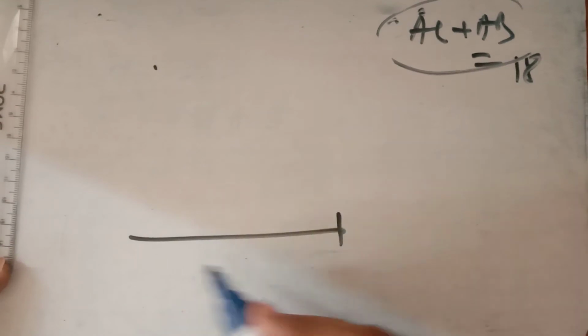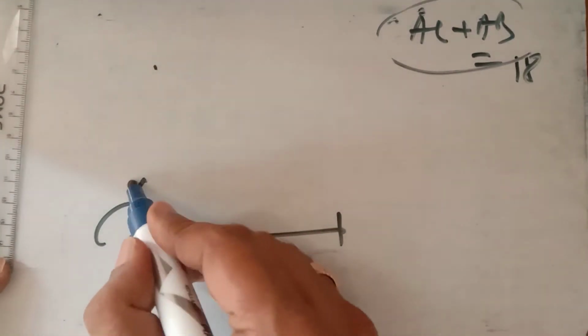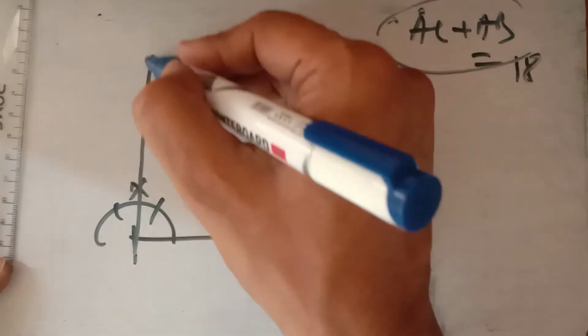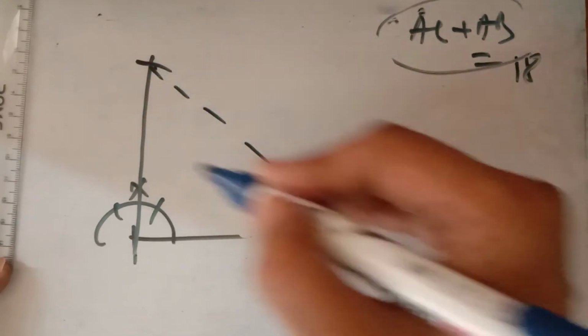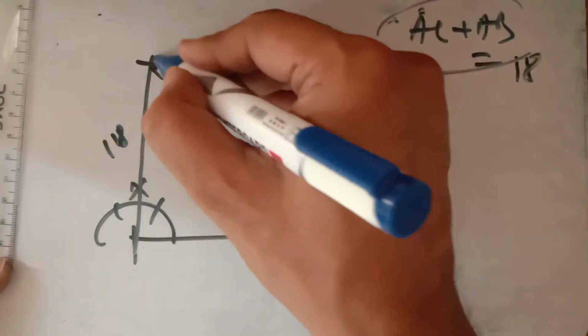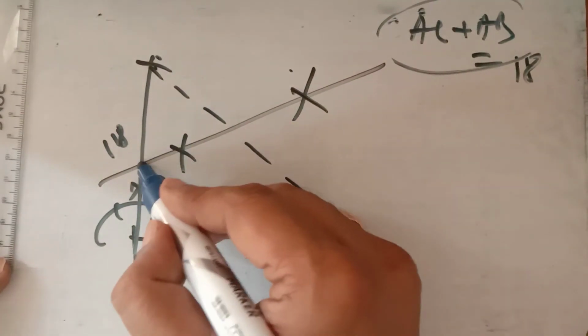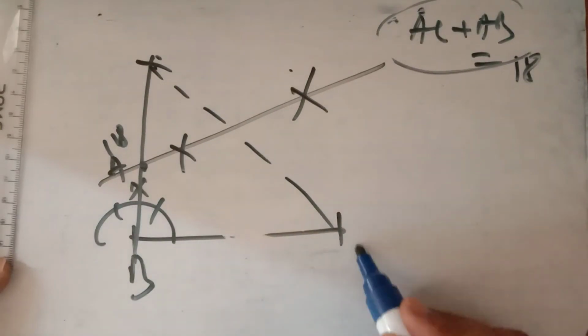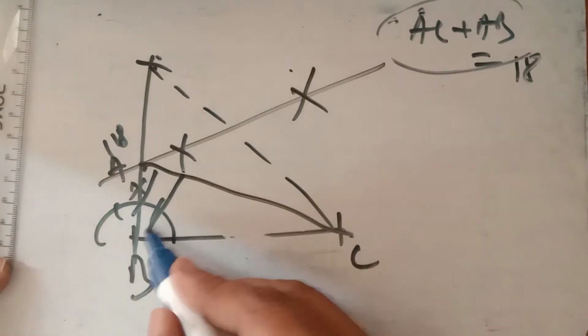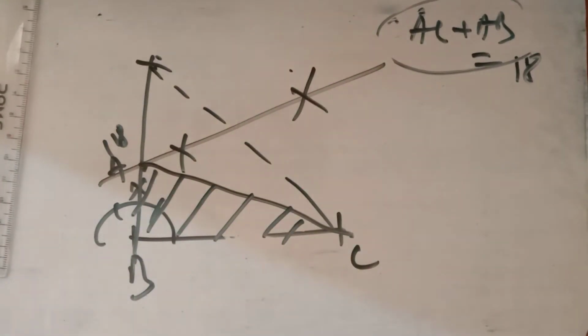The side BC is given, 90-degree angle is given. The sum of the two sides, mark it, join with this, is 18. You draw the perpendicular bisector of this. The point it will meet will be A, and this is B and C is already given, and the sum of the two sides will be 18. So you have to construct it by using the compass and scale.